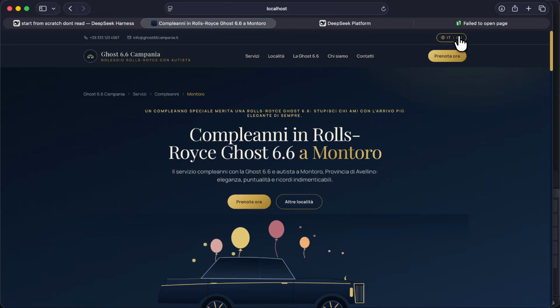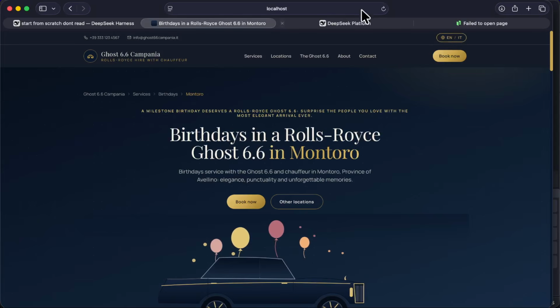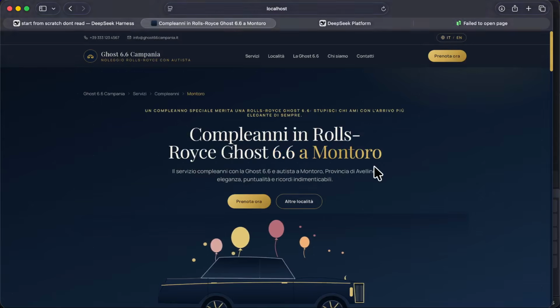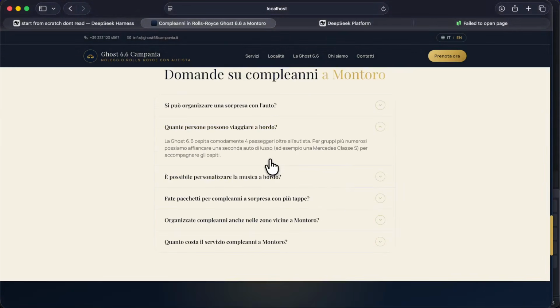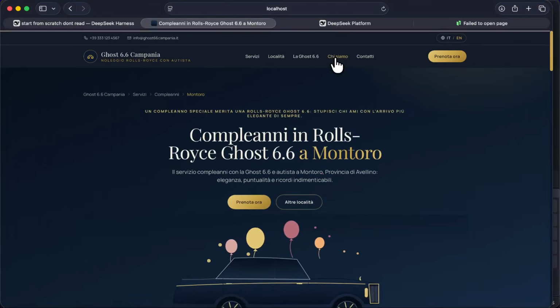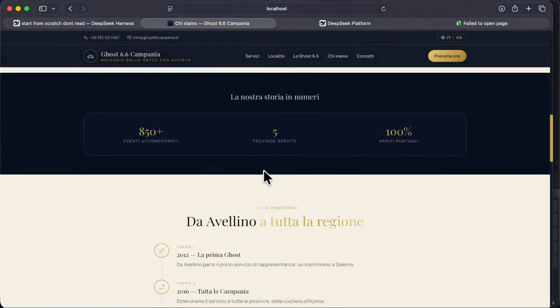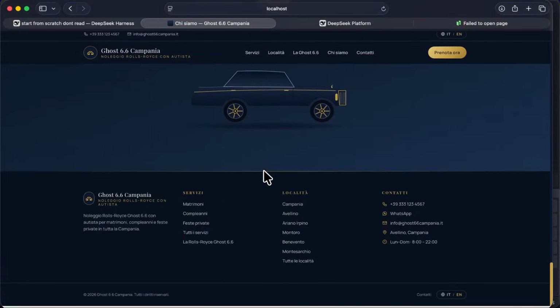So this is pretty rare. Actually, swapping between Italian and English does not reset the page. Normally, it goes back to the home page. Yeah, no, I think this might be the best one I've ever seen. The main reason I'm making this video is to show you that Grok 4.6 is absolute horse crap, and everyone is just like a little bottom feeder from